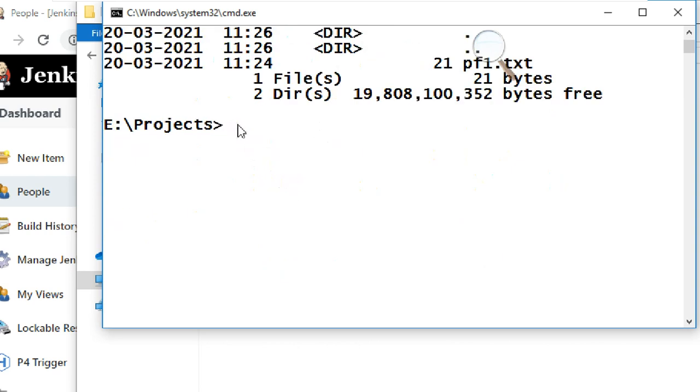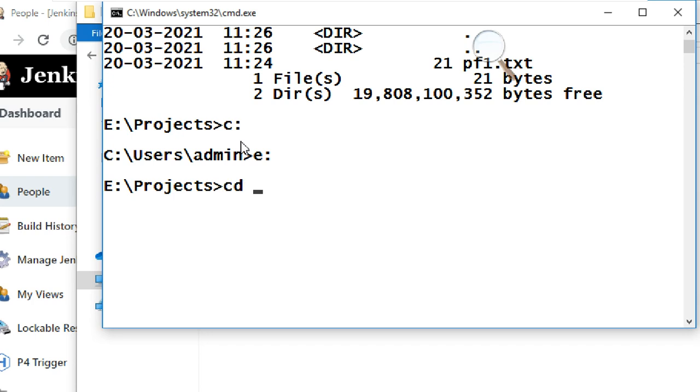Next, here is another problem I will tell you. I want to go to the C drive, so C colon, but it is not going to the C drive, it is going to the users admin folder. I want to go to the E drive, it is not going to the E drive again, it is going to projects. There is a colon in here. Okay, it is going to projects directly, it is not giving a choice.